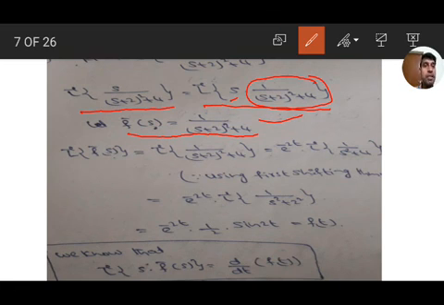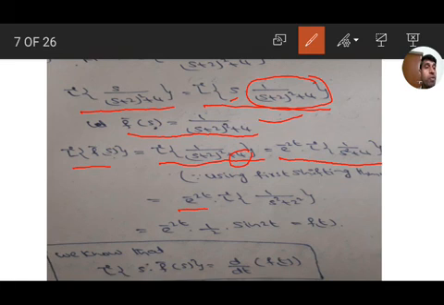So its inverse Laplace transform, L inverse of f bar s, equals L inverse of 1 by (s plus 2) whole square plus 4. By using the first shifting theorem here also, every term except the constant is in s plus a form, with a equal to 2. So e to the power of minus 2t into L inverse of 1 by s square plus 4. That is using the first shifting theorem. What does the first shifting theorem say? L inverse of f bar of (s plus a) equals e to the power of minus at into L inverse of f bar s. Here a equals 2.